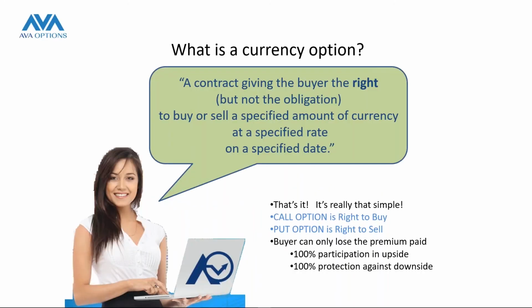What is an option? What is a currency option, and what is an option? An option is very simple. An option is simply a contract between a buyer and a seller, where the buyer has the right, but not the obligation, to buy something in the future at a known price in a known amount. It is simply a contract between two parties. Okay, so that is an option, the right, but not the obligation.